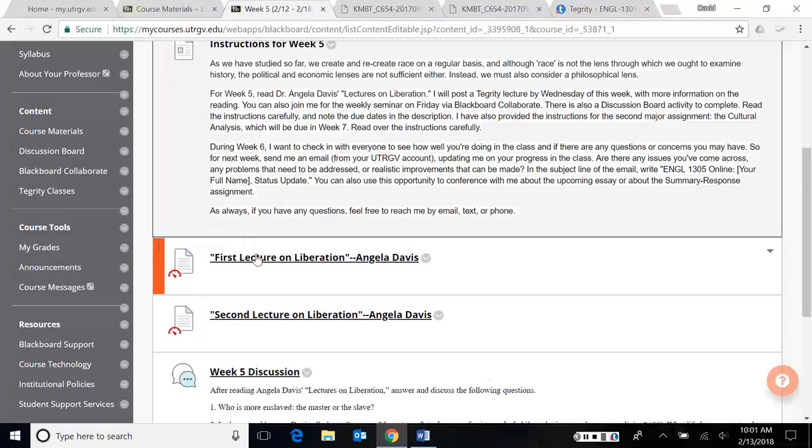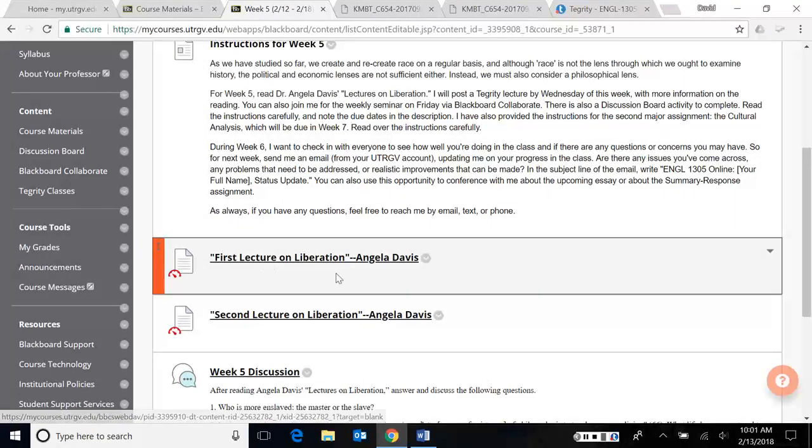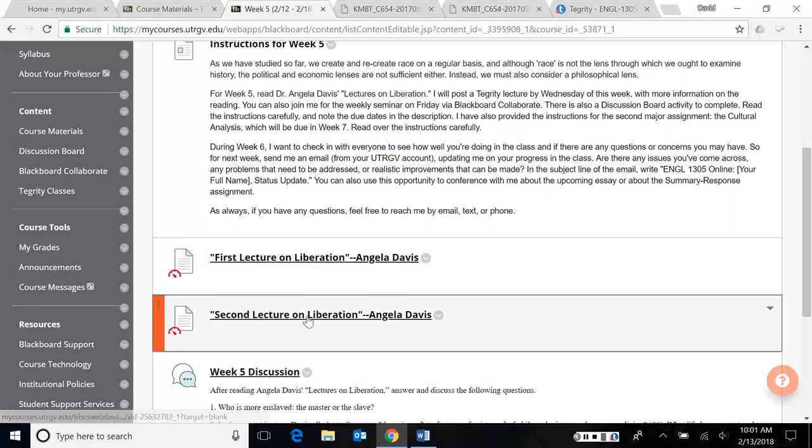So her first lecture is the only one that she actually delivers in person. The second one is what she printed out for the pamphlet that they would sell for 50 cents to try to help her with legal fees as she was trying to be released from jail. Excuse me. And so at the time, you have to understand that it was very controversial